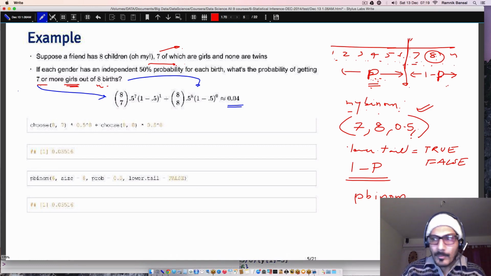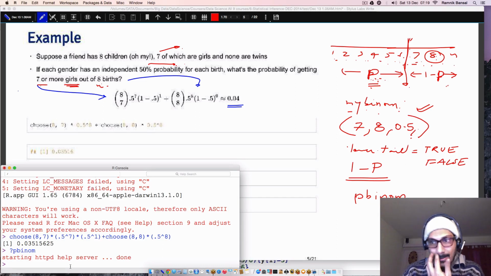Okay, all right. So now let's look at this pbinom and use it. My first input would be how much? 7, right? q is 7, size is 8, probability is 0.5. And then the lower.tail, is that false or true? What am I interested in? I'm interested in the probability of getting 7 or more girls out of 8 births, which means actually I'm interested in,